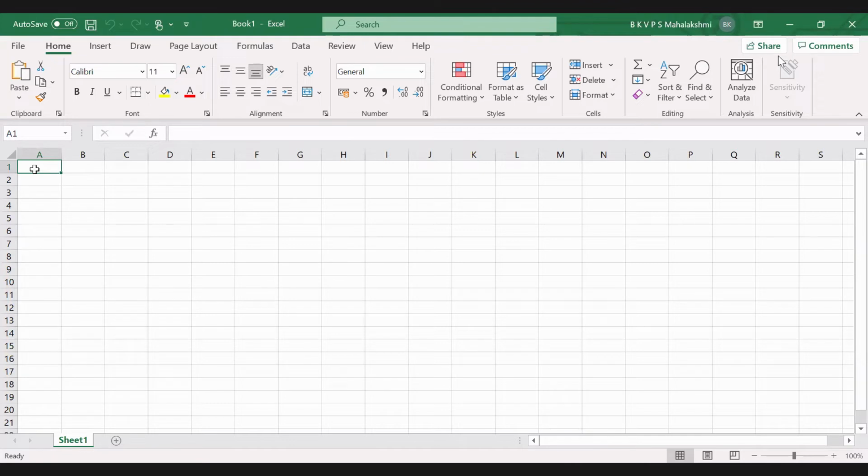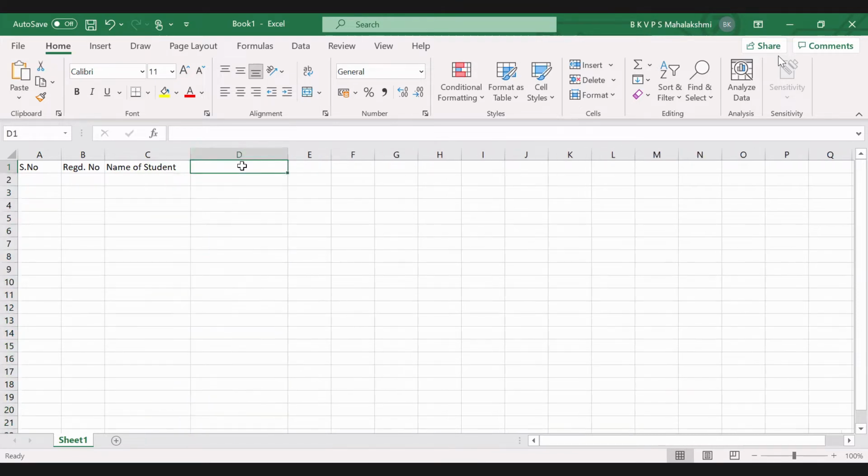We are doing it like this, ma'am. Yeah, good. So what you will do is put a serial number, then the registered number, the name of the student, and subject 1 marks, subject 2, subject 3, and subject up to subject 4 is enough to discuss our concept.